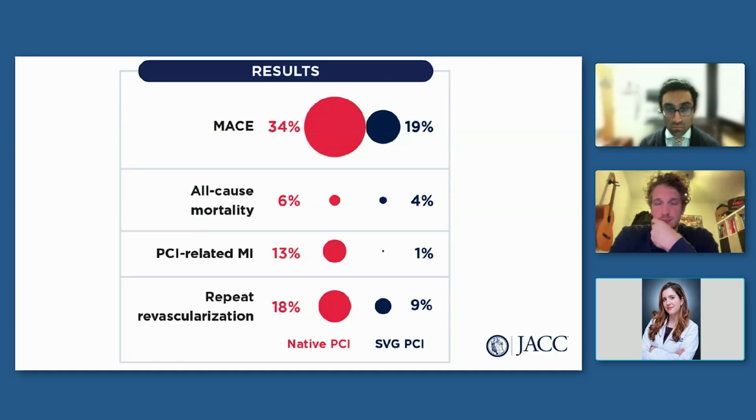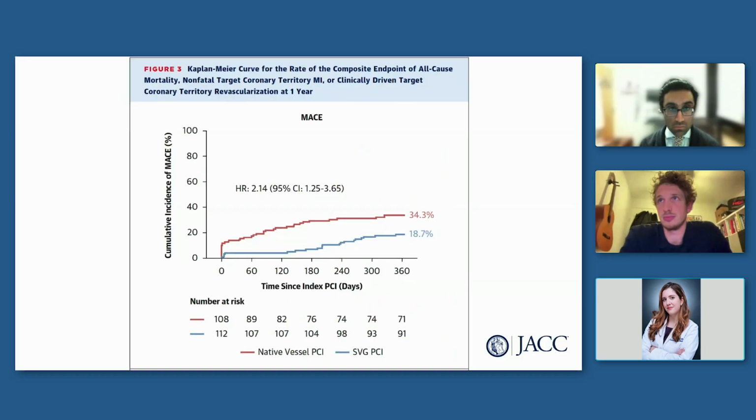And again, not terribly surprising, the rates of periprocedural MI are higher in CTO PCI compared to standard PCI. So not something that was terribly surprising. So you can see here just the Kaplan-Meier curves, which really just is a different way of looking at the results that were already mentioned. And importantly, you note that the curves separate early. The early separation is, not surprisingly, again, due to the higher rates of periprocedural MI.